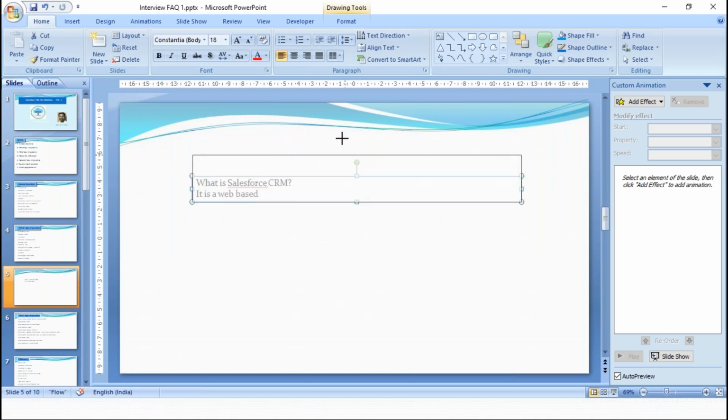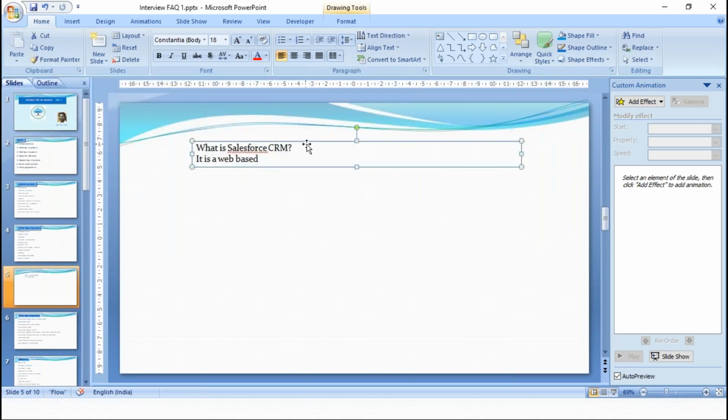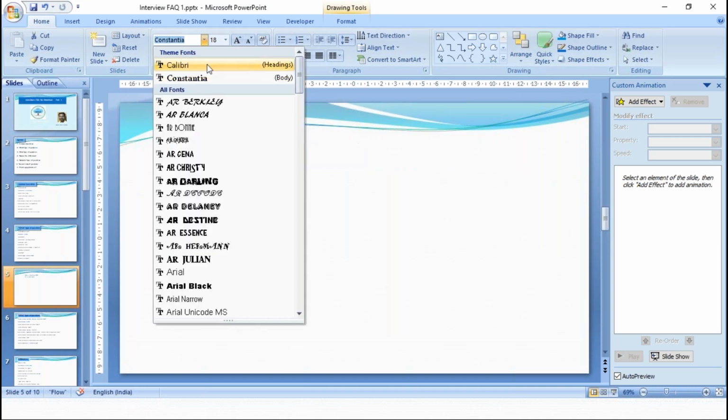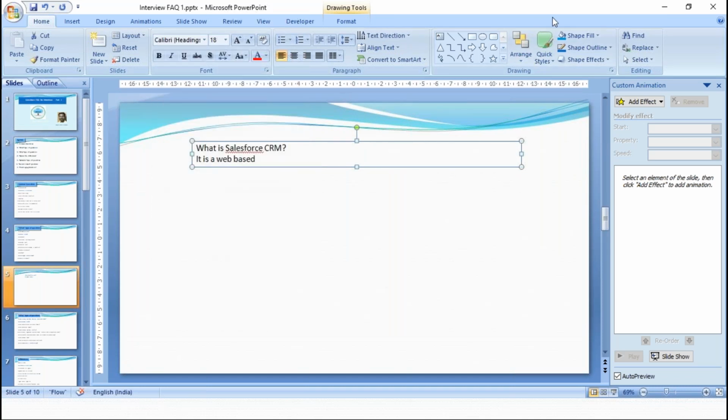How many of you here are freshers? Is anybody an experienced candidate here? Nobody? Then everyone is a fresher here, I mean, for Salesforce technology, isn't it? Okay. So, what is Salesforce CRM?